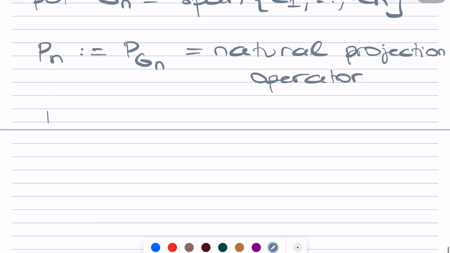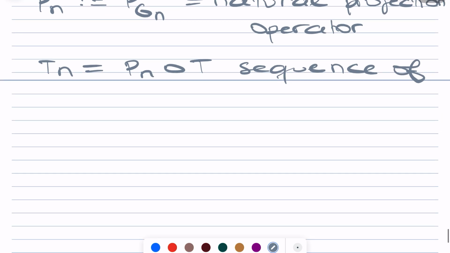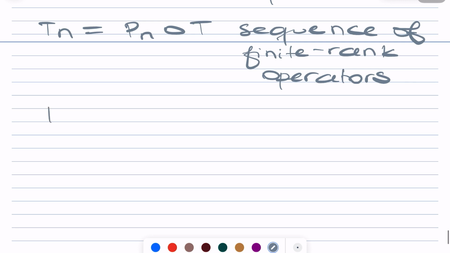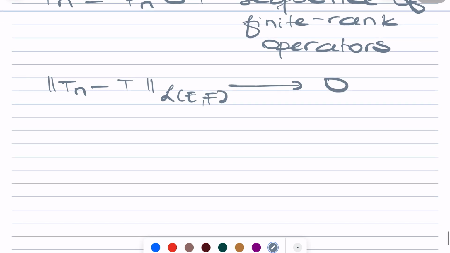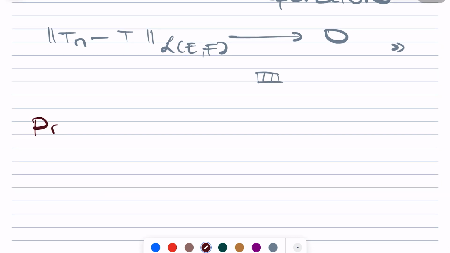Then this sequence T_n equals P_n composed with T is a sequence of finite rank operators, and obviously converges in operator norm to T. So this is kind of the proof idea. Okay, so let's move quickly to